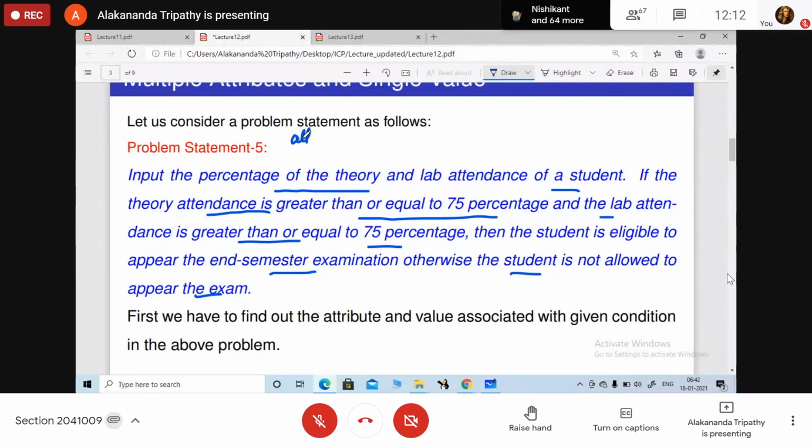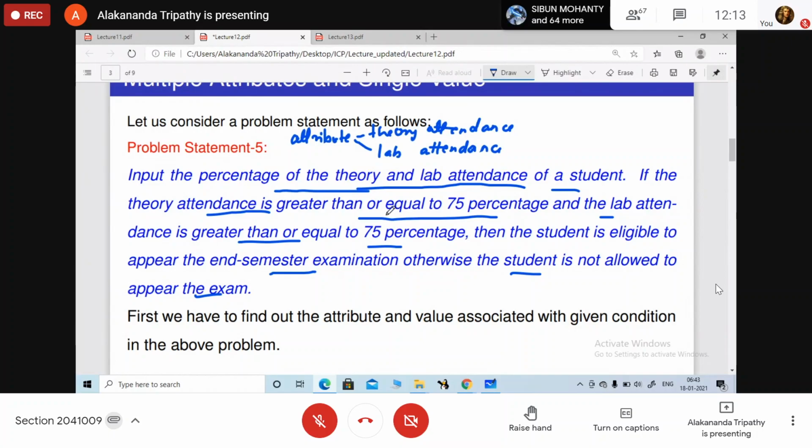Can you tell me what the different attributes are here? The attributes are theory attendance and lab attendance.